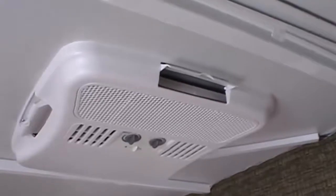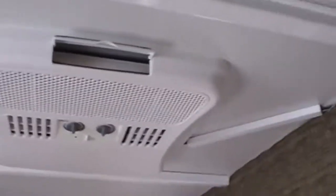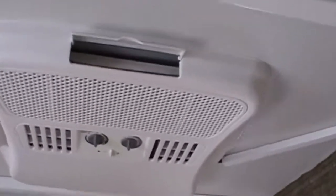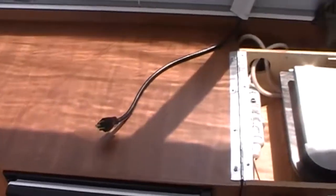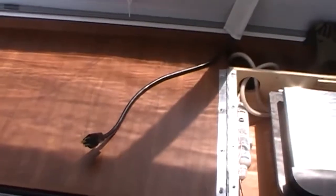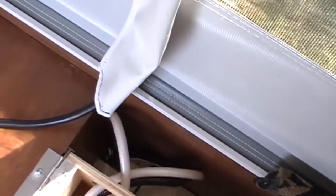What I ended up doing in order to route the power cord into the unit for the hardwire connection is use the cord that came with the camper for the air conditioner. It actually plugs in. I don't know if you can see it back where these wires run down in the corner. There's a 20 amp plug down below the cabinet there. So you just bring that end of the cord down, plug it in, and then it runs through this vinyl sleeve up to